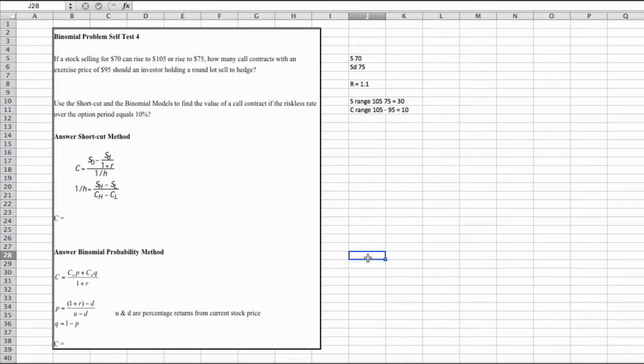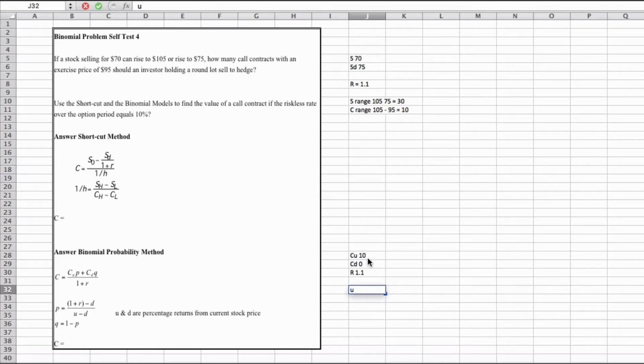The inputs: your upside call state, your downside call state. We already know the up is 10, the down, 0. Then we need a probability. We already know the 1 plus R. Probability is the big R minus the downside stock price over the range of upside and downside stock price. The way to do those